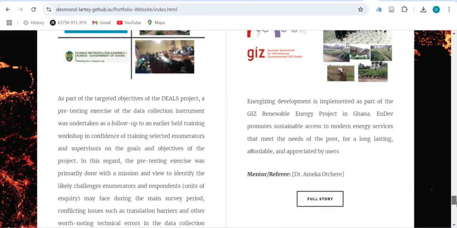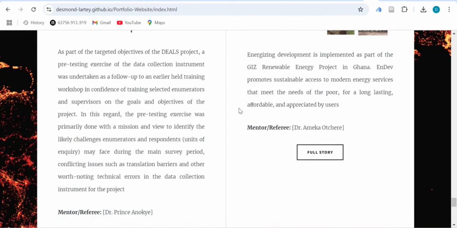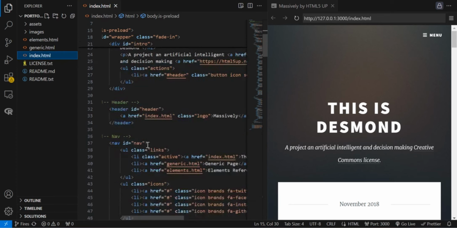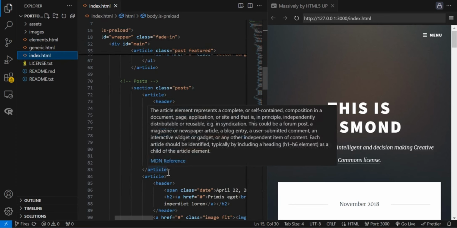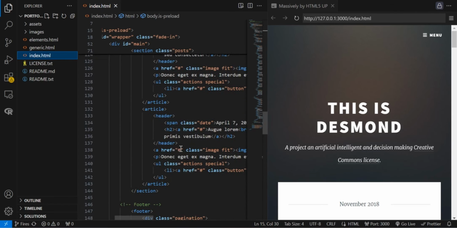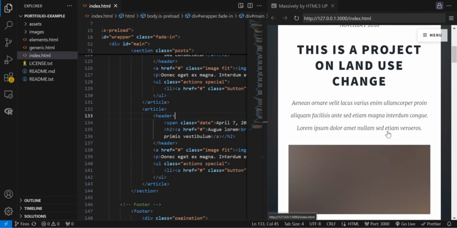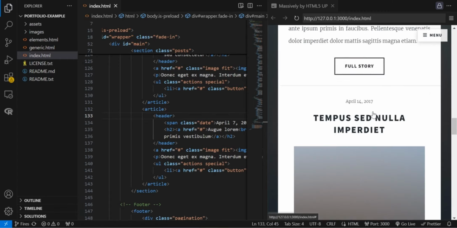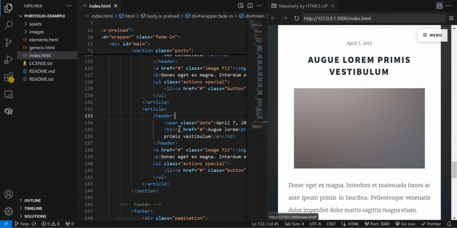If you have a lot of projects like I have, maybe 20 or 30, then you always have to make sure that you don't close this section. So for example, with this particular template, I think it has 1, 2, 3, 4, 5, 6, 7, 8.